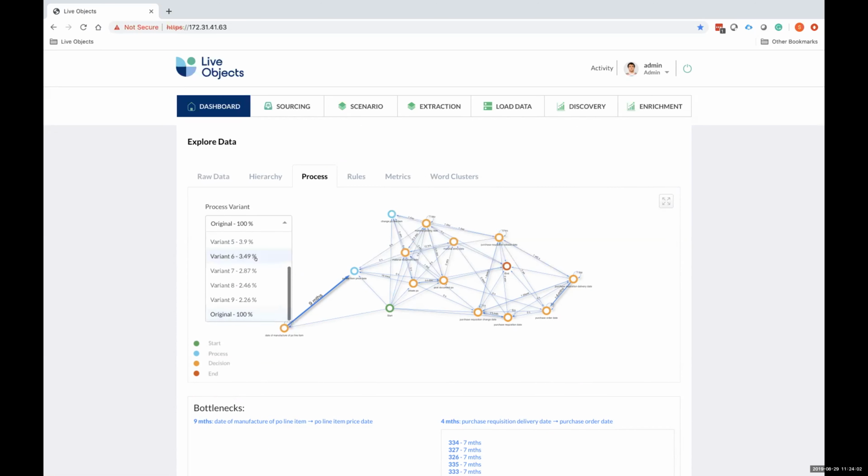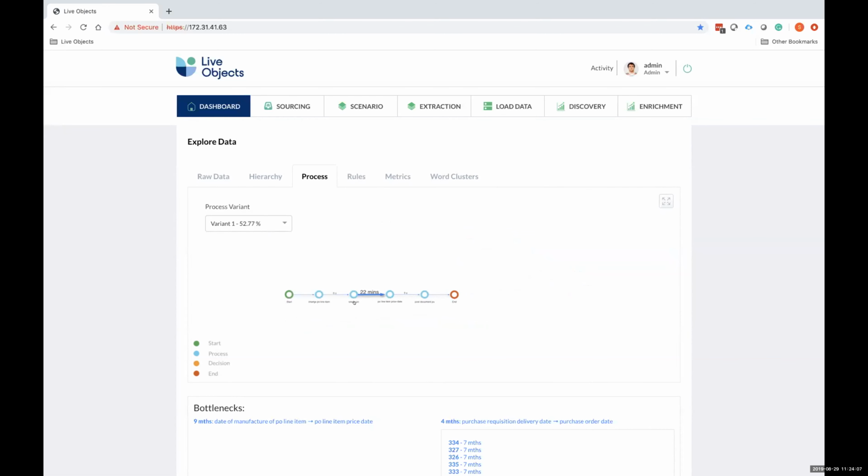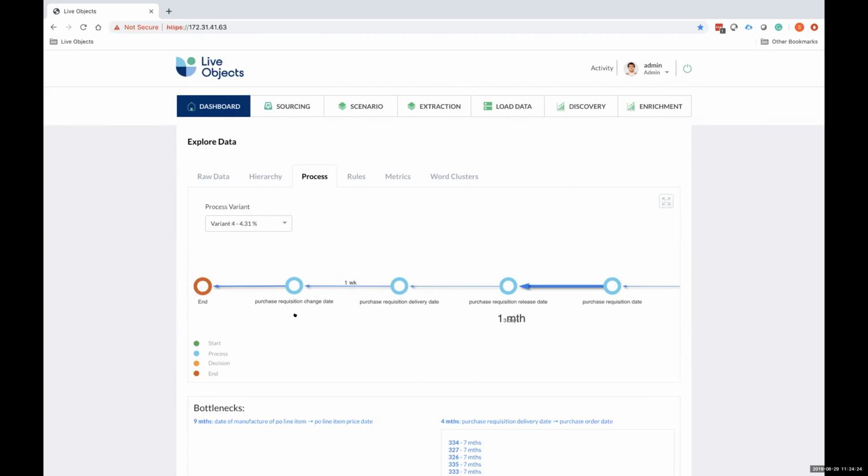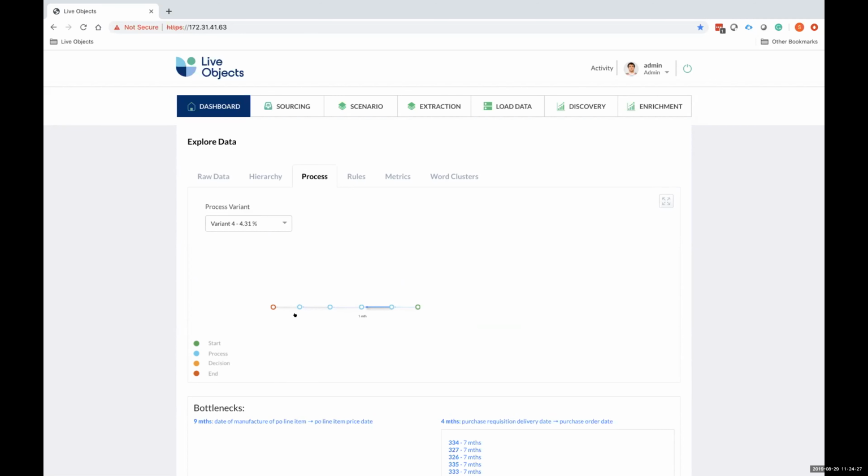And if I look at a simple process, 52% of their processes are very straightforward, where I will create a PO, then change the PO price, post the PO document, and that's pretty straightforward and simple, right? But if I go to another variation, variation 4, I have a much more complex process here, where I have